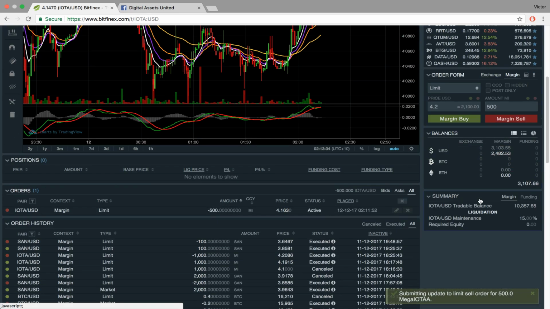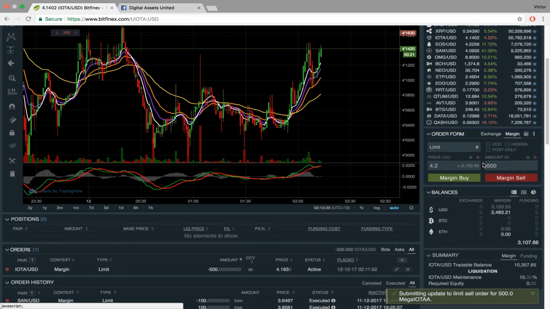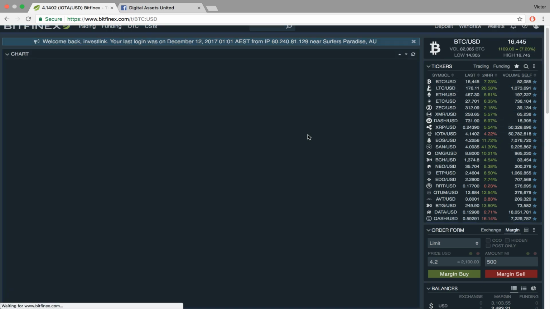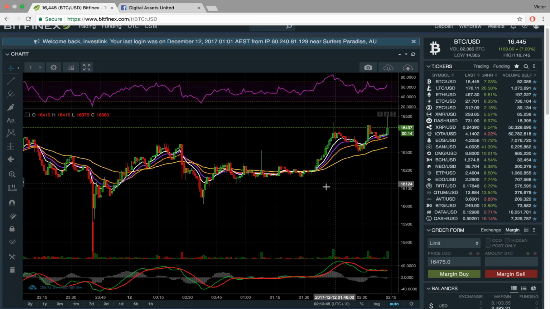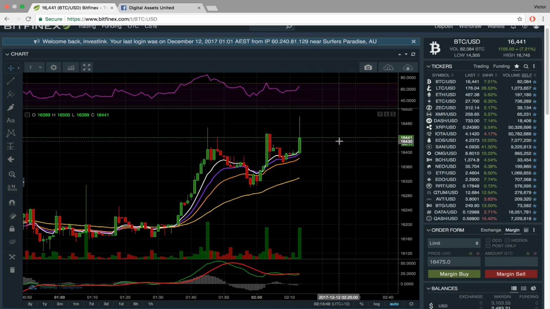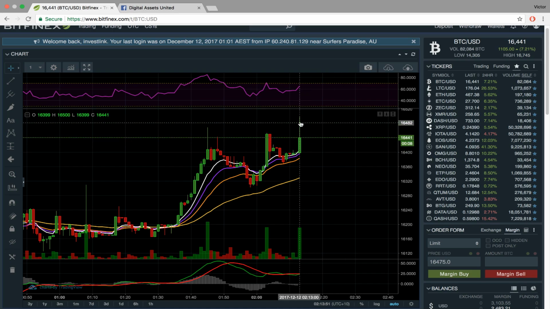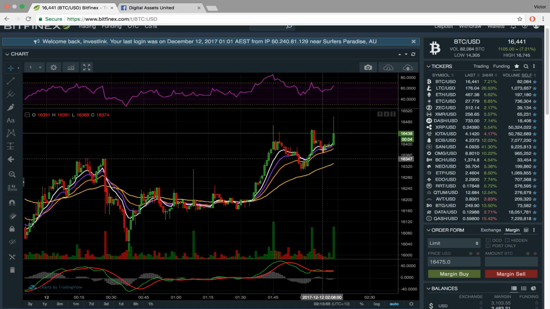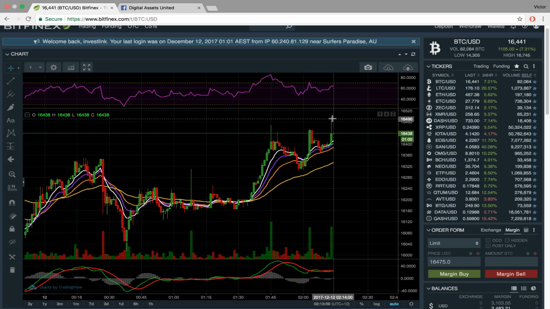In the meantime, we're going to explore and have a look at some other coins and see if there are any other opportunities. We'll see how Bitcoin's going. That's just going on a bit of a run at the moment. Yep, that's just shot up out of nowhere. That to me is pretty clearly a coin that's going to be falling, because you've got a bullish candle with a top wick, meaning